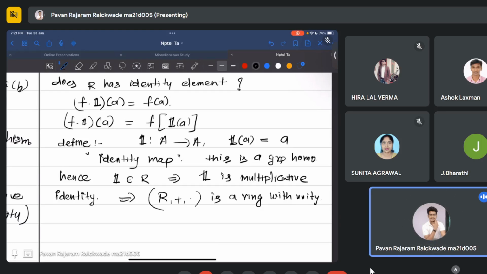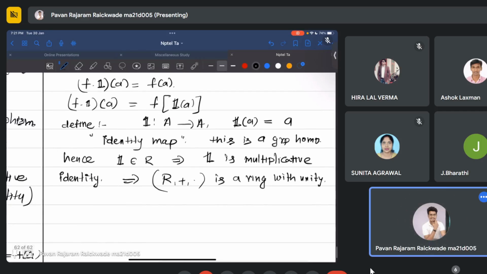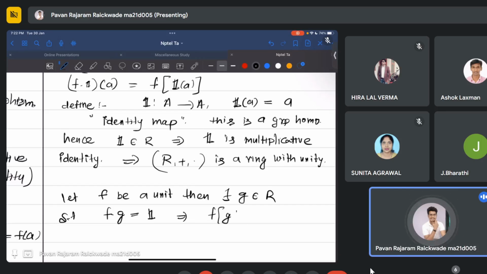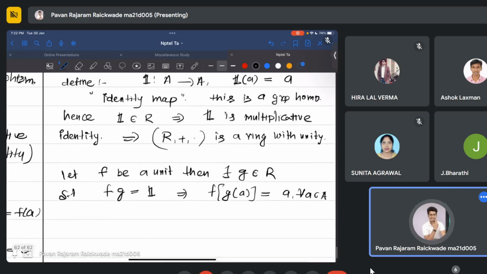Okay. So now, what are the units of this ring? Units means the elements which have a multiplicative inverse. Right. So let F be a unit, then there exists an element G belonging to R such that F dot G is equal to the multiplicative identity 1, which implies F composition with G of A is equal to A for every A belonging to capital A, right? But this is true if and only if